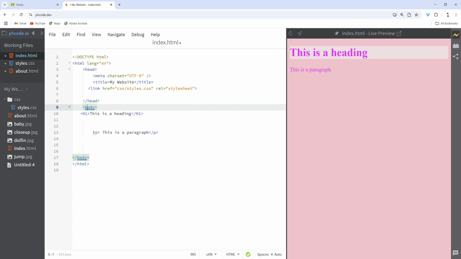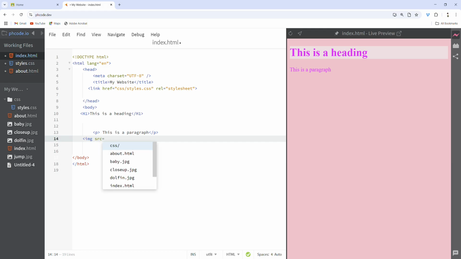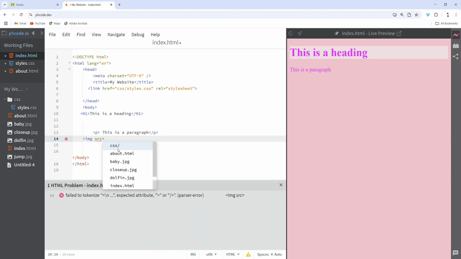I can write anywhere, but I've decided that I want my image to go below this paragraph here. And I'm going to put in a square bracket, and I'm going to write IMG, which stands for image, SRC, which stands for source. Where is this image going to be sourced from? So equals, and it's giving me a few things to select from here. Which image I want. I'm going to choose dolphin,